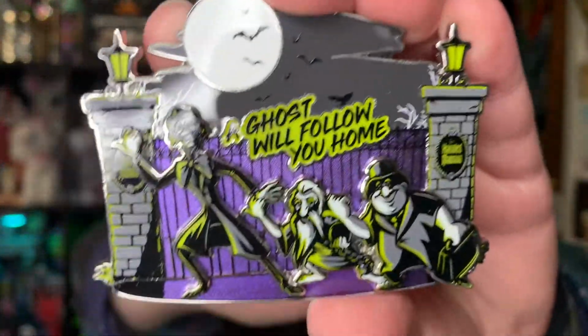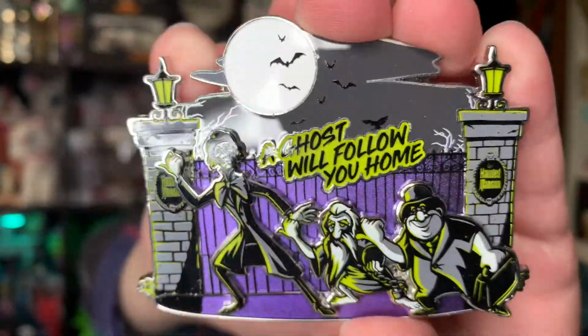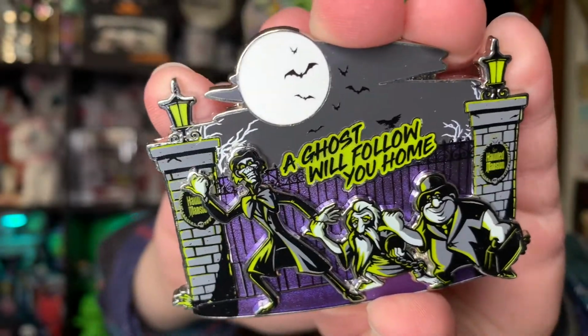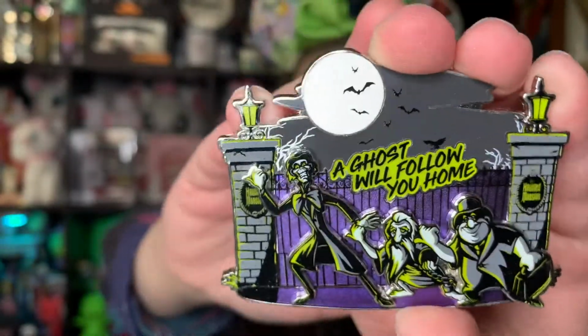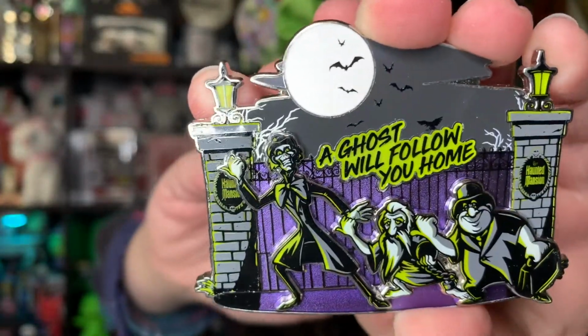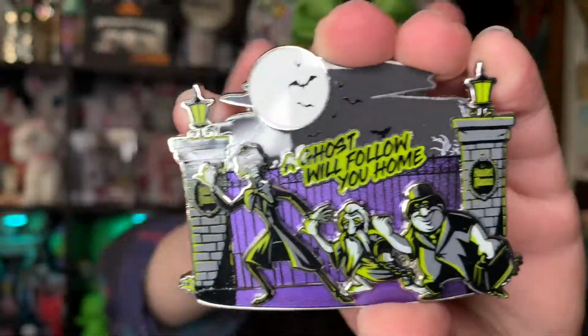The backer card is just this bright neon yellow. And this is 4 pin posts. So this one, like I said, is a jumbo pin. It's kind of like a mini jumbo. It's not like a huge jumbo pin. But it says a ghost will follow you home, and then it has Ezra, Phineas, and Gus, the 3 hitchhiking ghosts, standing out in front of the mansion. So you see the little